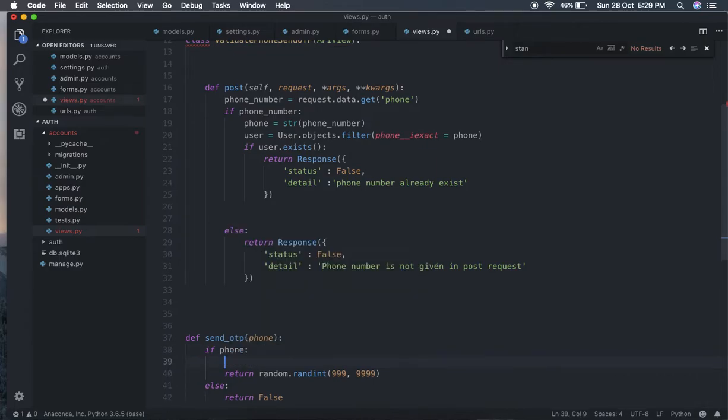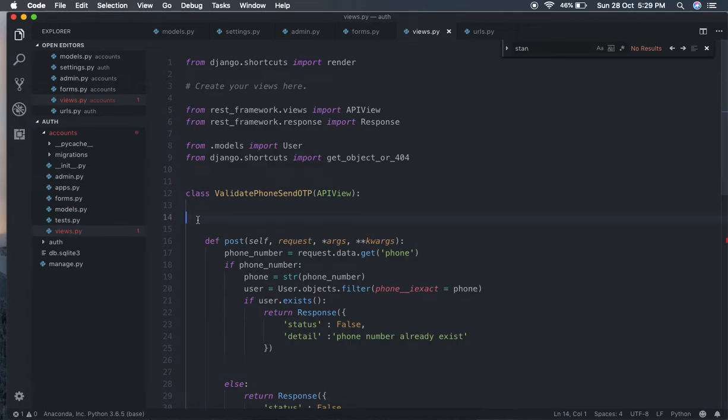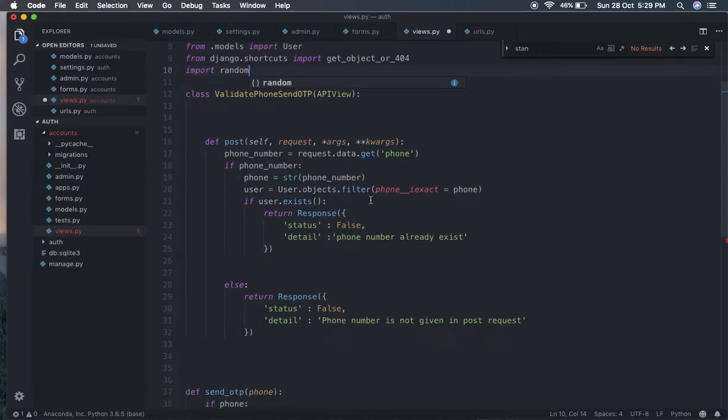So instead of this, I will say key equals this thing, and return the key. Here you go. And now because we are calling random, we have to import it also. So import random, and if everything is fine, what I will do is, if user exists, then this, else if